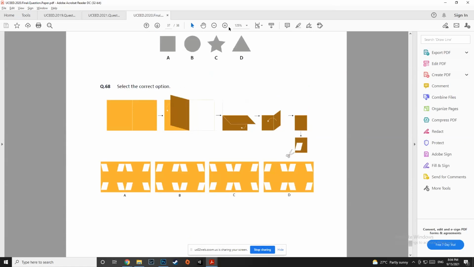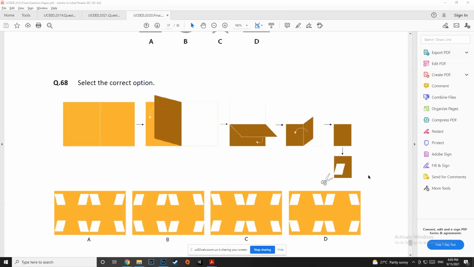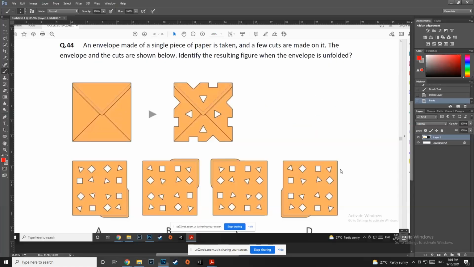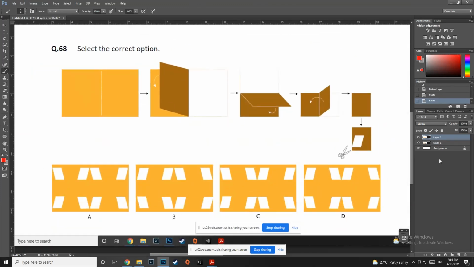Yeah, it's right here. All right. So this is much easier to explain. See, again, we've all done this in our childhood, right? What they've done is they've taken a card, right? They folded it once, they folded it twice, they folded it thrice. And then when they've gotten this, they made a small card, right? So they're asking you, when they open this back up again, what is the pattern that they should be getting,